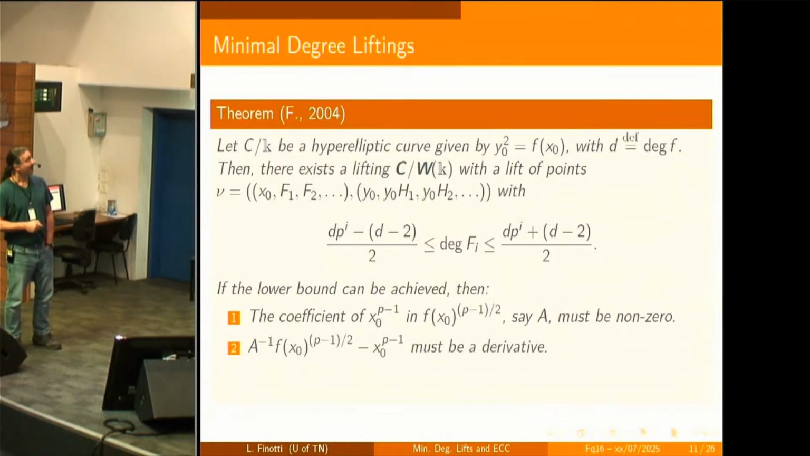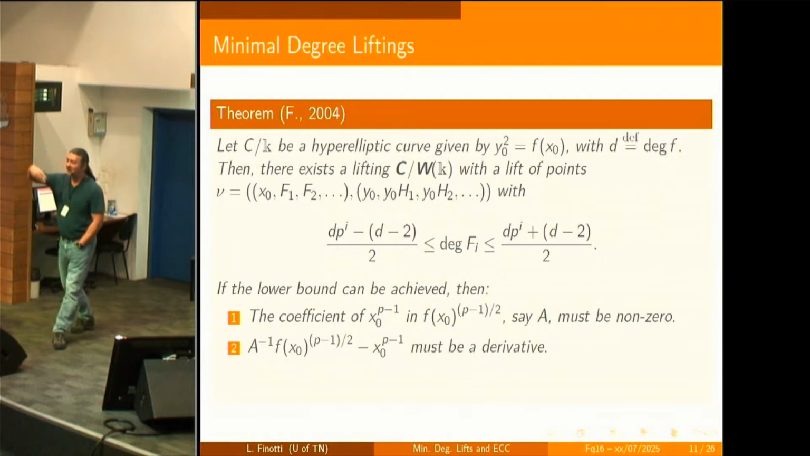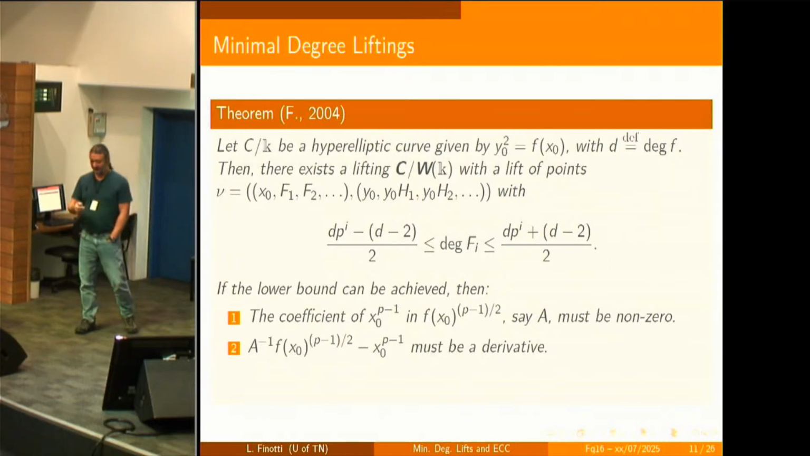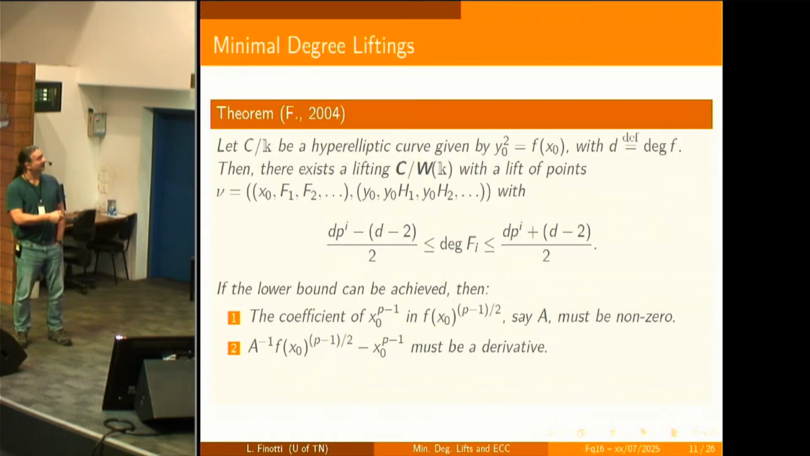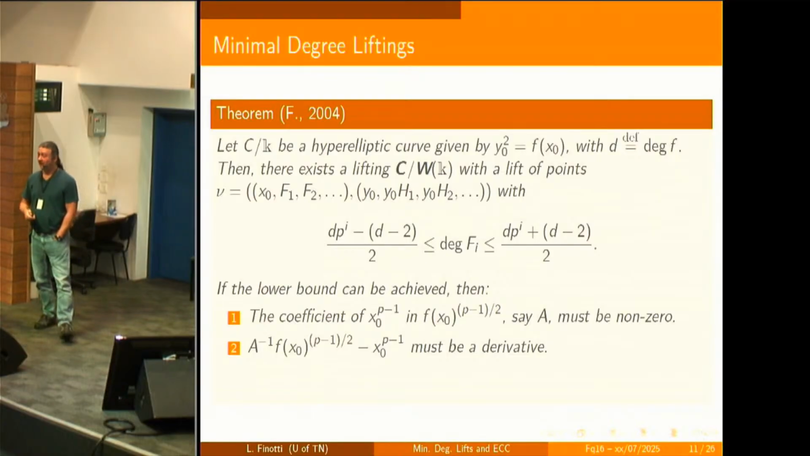Not only that, in characteristic p, not every polynomial is a derivative, and it's necessary that this expression here, where f is the polynomial in your hyperelliptic curve, must be a derivative. And that,